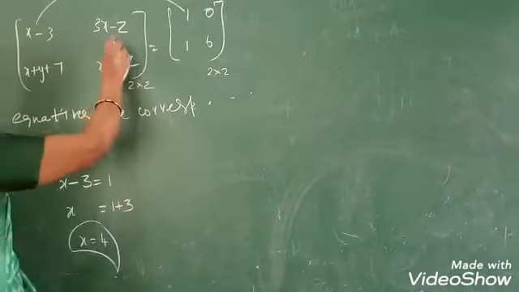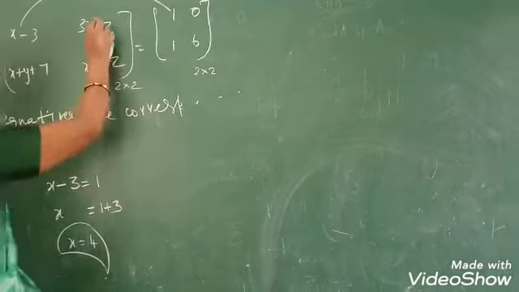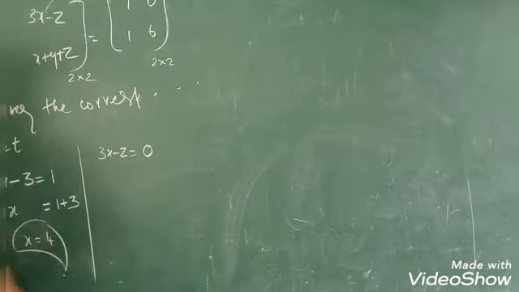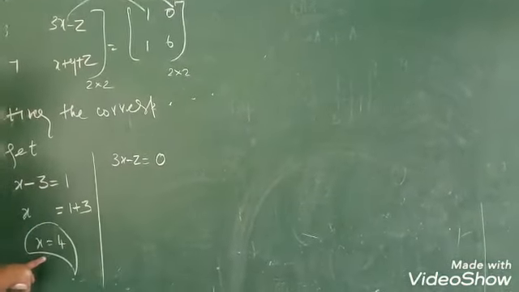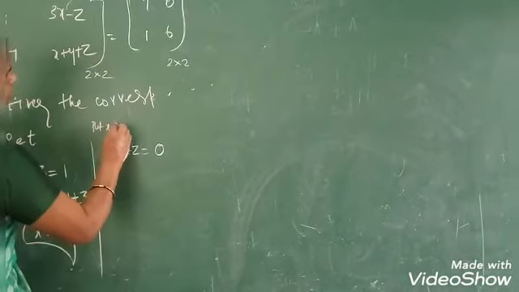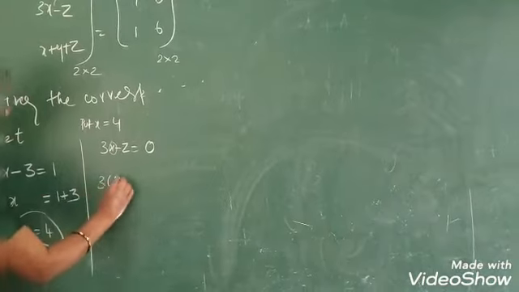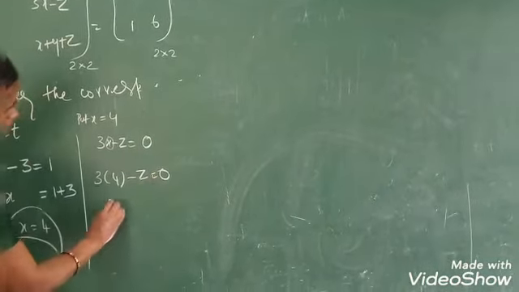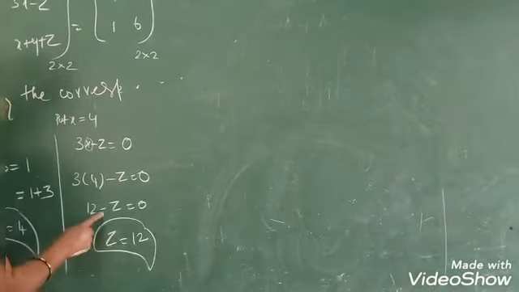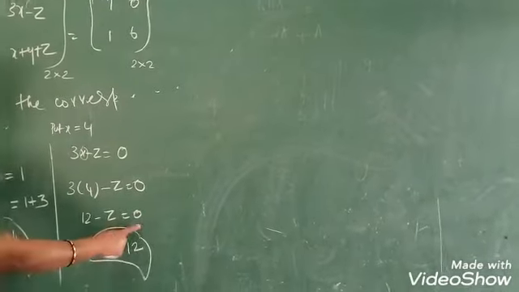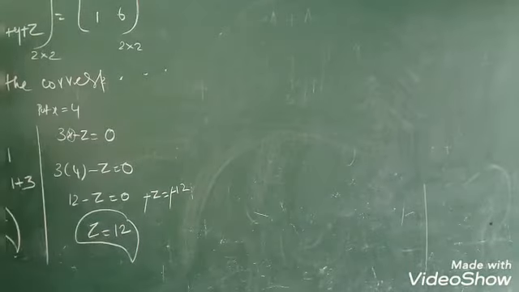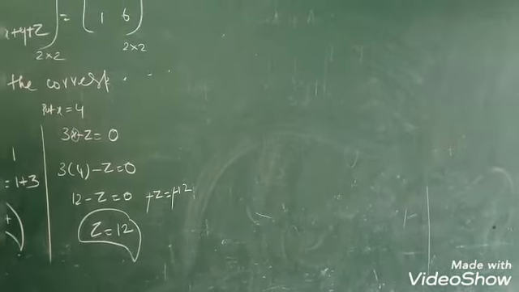Yes. The next one. Now you have to substitute the second element. What is the second element? 3x minus z is equal to 0. Here, what is the value you found? x is equal to 4. Now put x is equal to 4 here. 3 times 4 minus z is equal to 0. So 12 minus z is equal to 0. The 12 should go to the right hand side as minus 12. I skip the steps, girls. Here the minus cancels, so the answer is plus 12. z is equal to plus 12.